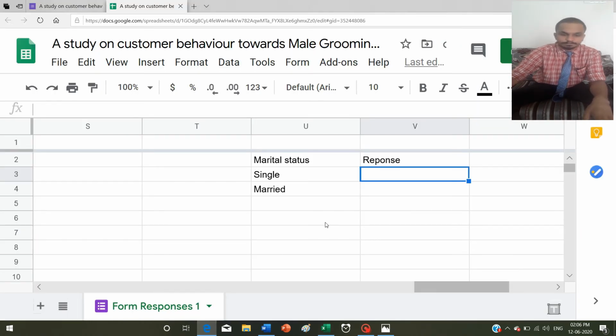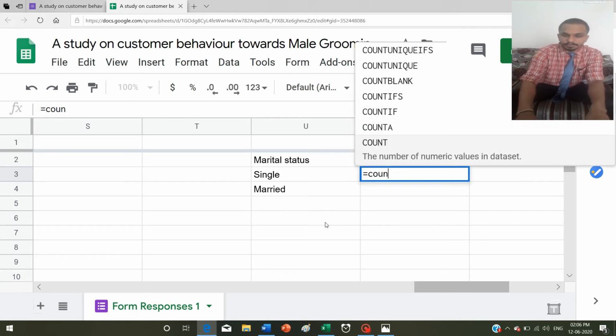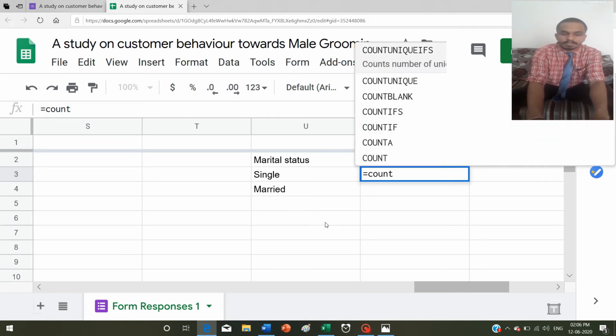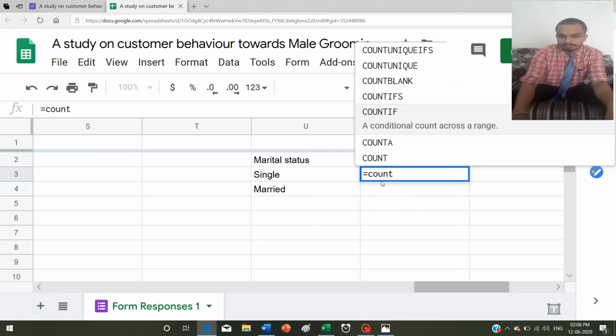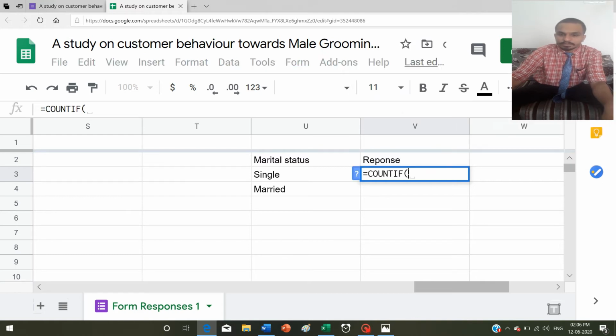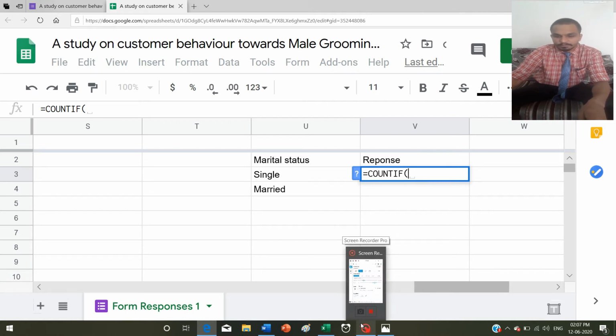So I will put equal to, then COUNTIF. You can select it with Tab, or click over here on COUNTIF and you can see the bracket.